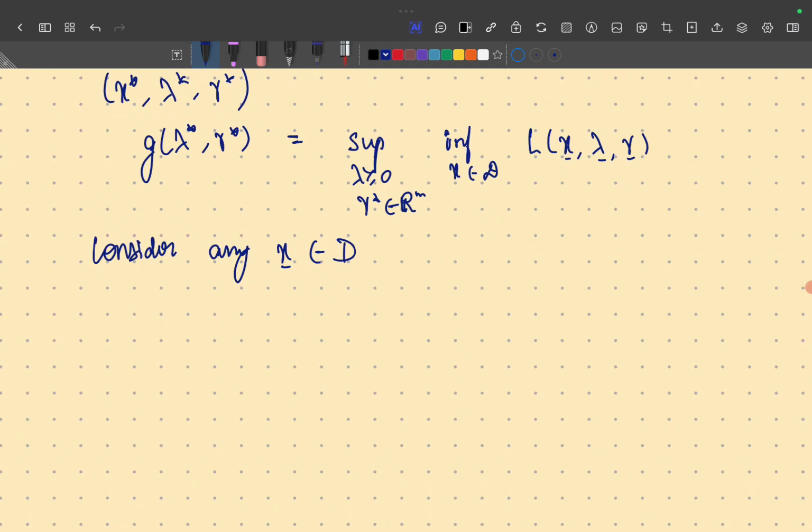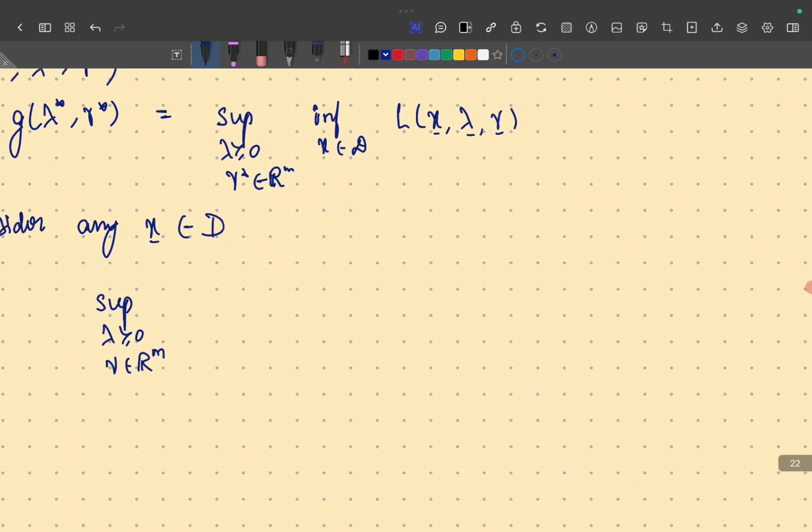But let's start with an x and look at the supremum over all lambda greater than or equal to 0 and nu in Rm of L of x, lambda and nu,